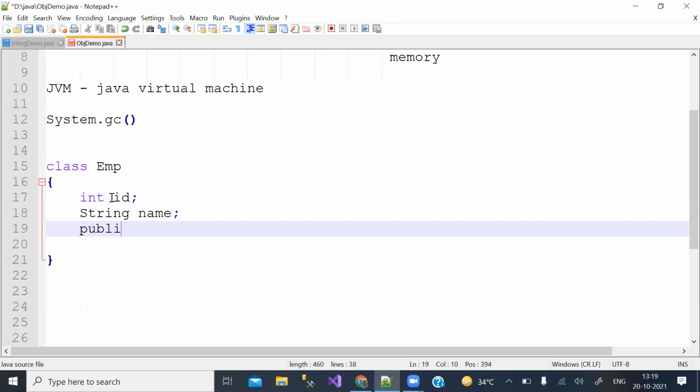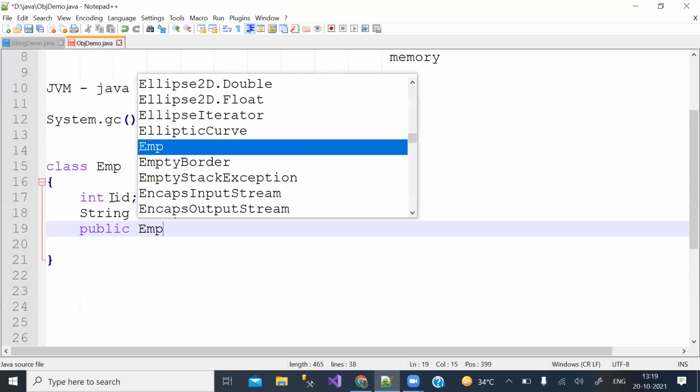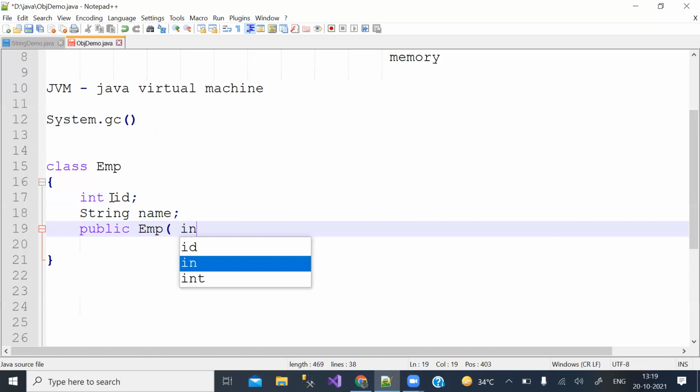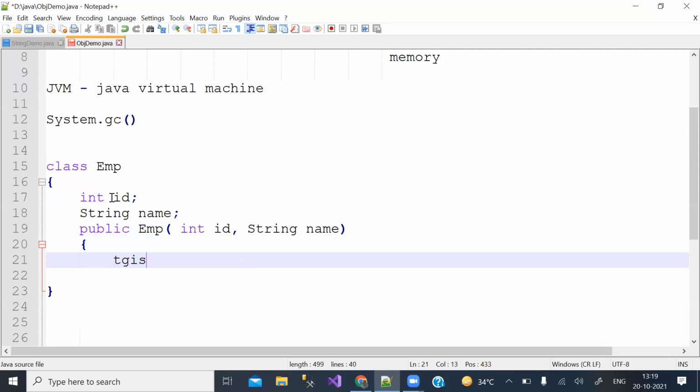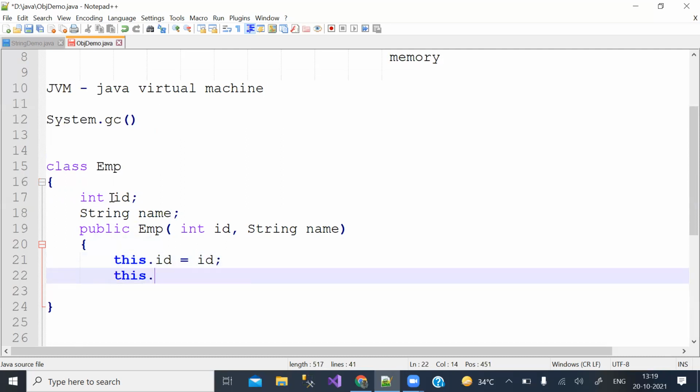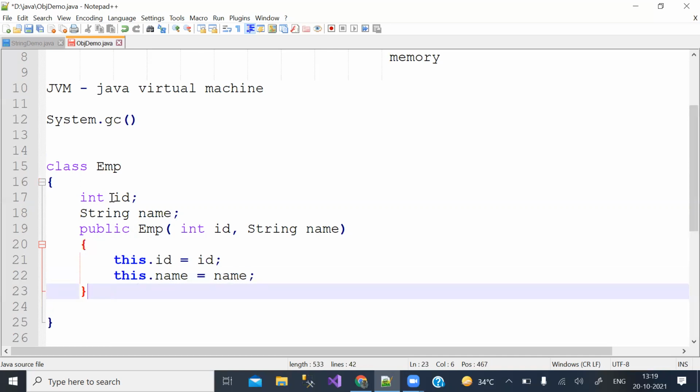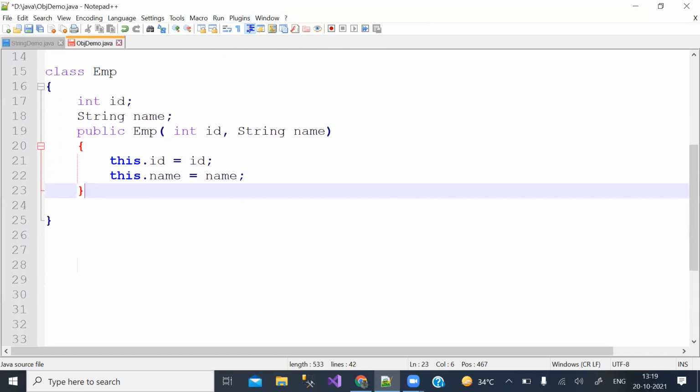Assume that it has a constructor which takes ID and name at the time of creating object. Is this clear? So this is a class by name EMP having two parameters, ID and name, right?